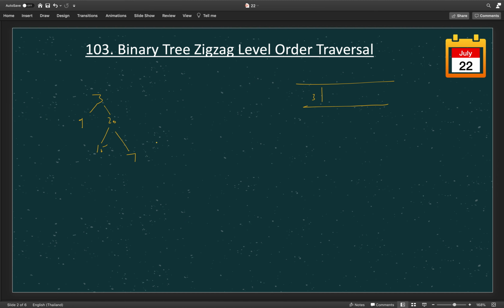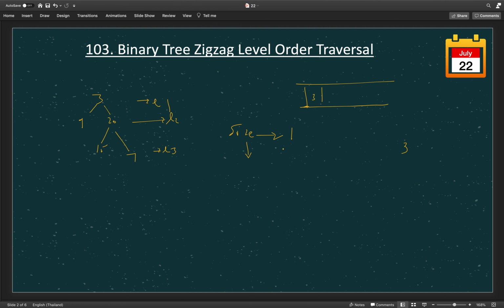Now, to get the number of nodes on our first level, this is our level 1, this is level 2, and this is level 3. How many nodes are in the level? We check the size of this queue. The current size of our queue is 1, so we have 1 node in level 1. We process this, and we play with this size variable, decreasing it until it becomes 0, and process the same way as explained earlier, adding left and right into the queue.